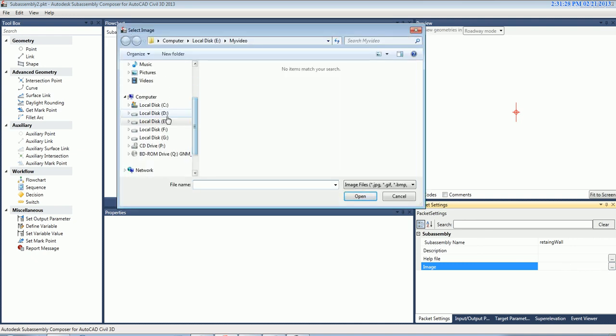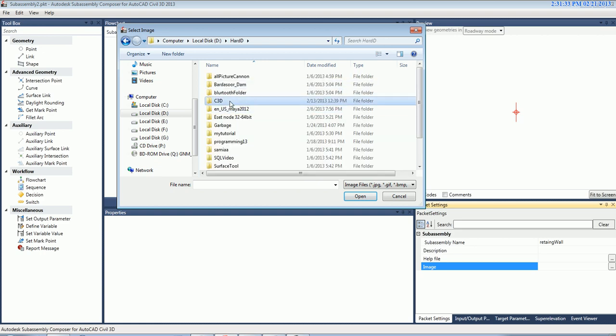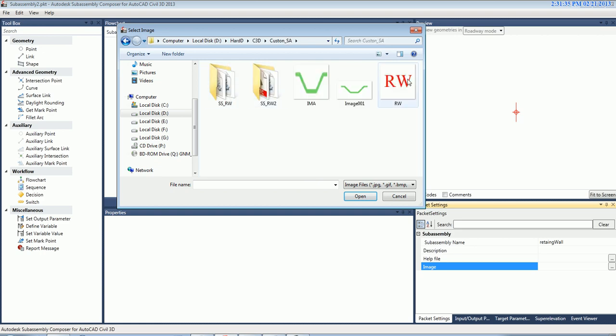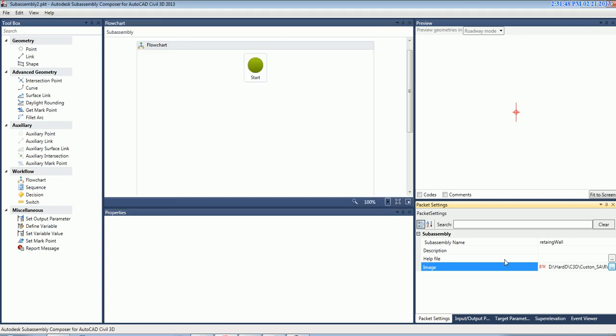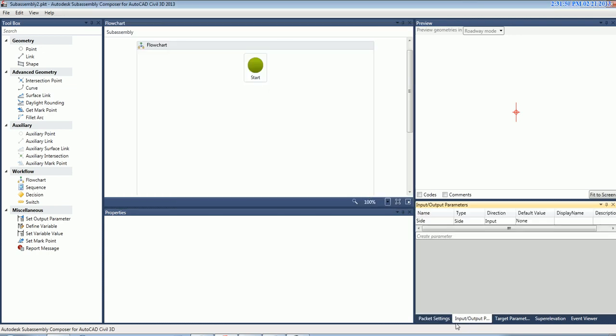My image file is located here. This is my image. I had created it in Photoshop. The image dimension is 128 by 128 pixel. Open it. In the input and output parameters, I am going to change the site default value to right, and